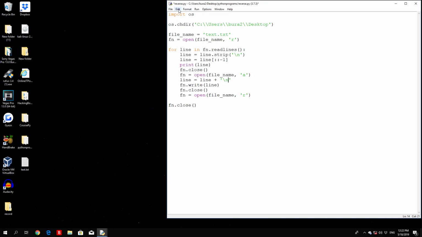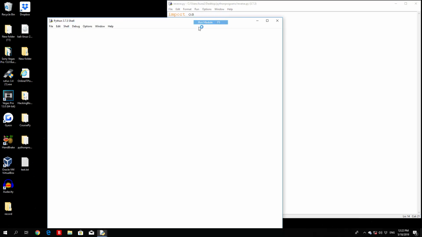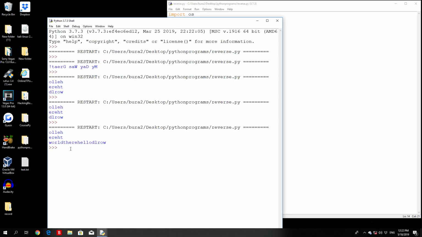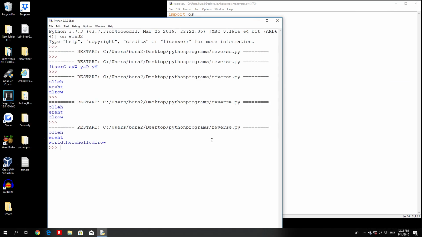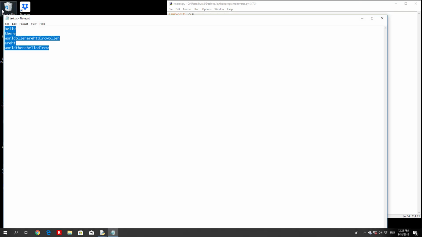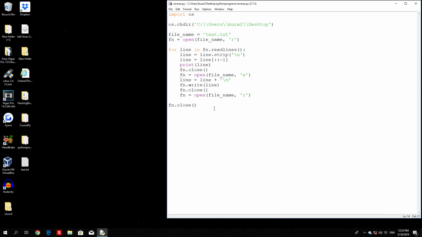Okay. Save it right here. Run it once again. World there, hello world. Yeah, okay, we actually need to rewrite all of this stuff. So hello there, world. Save. Let's take a look at this once again before actually running it. It reverses it, it opens for appending, it writes the line, which should have the, let me just check, yeah, the backslash. Okay, so if I save it and run it,